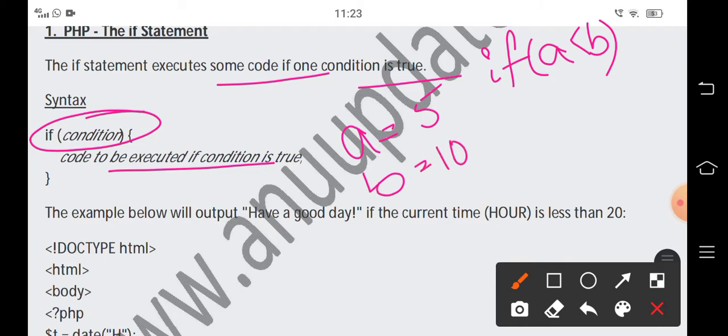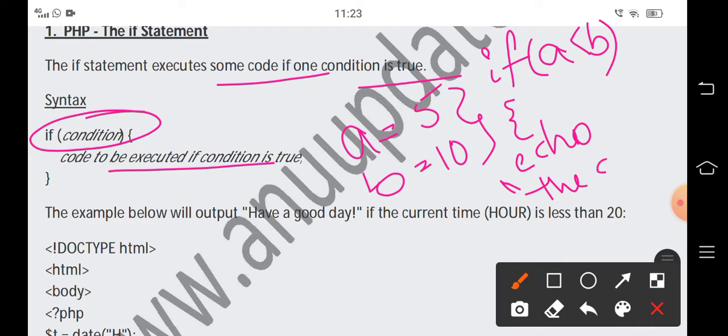Here, is A less than B or A greater than B? 5 is less than 10, so the condition is true. Then we are going to execute the statement: echo, the condition is true. Echo is the output statement, and the output is: the condition is true.